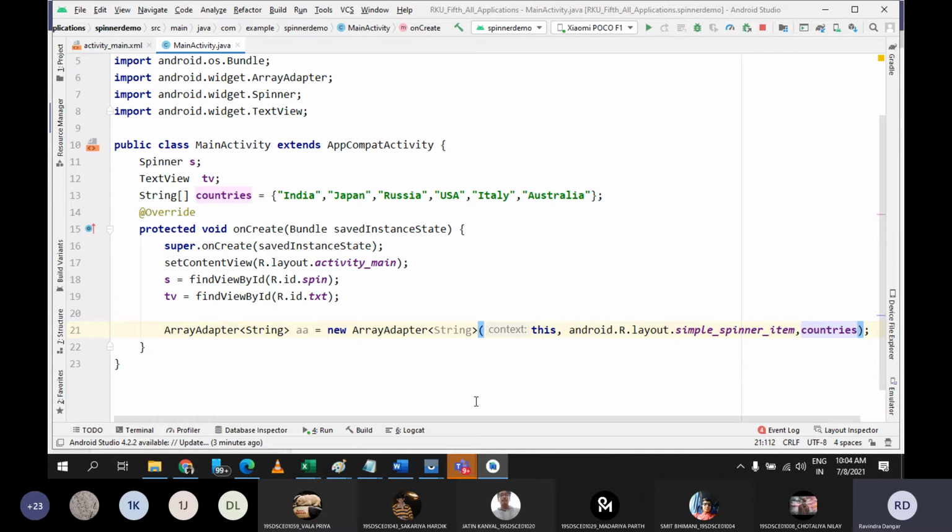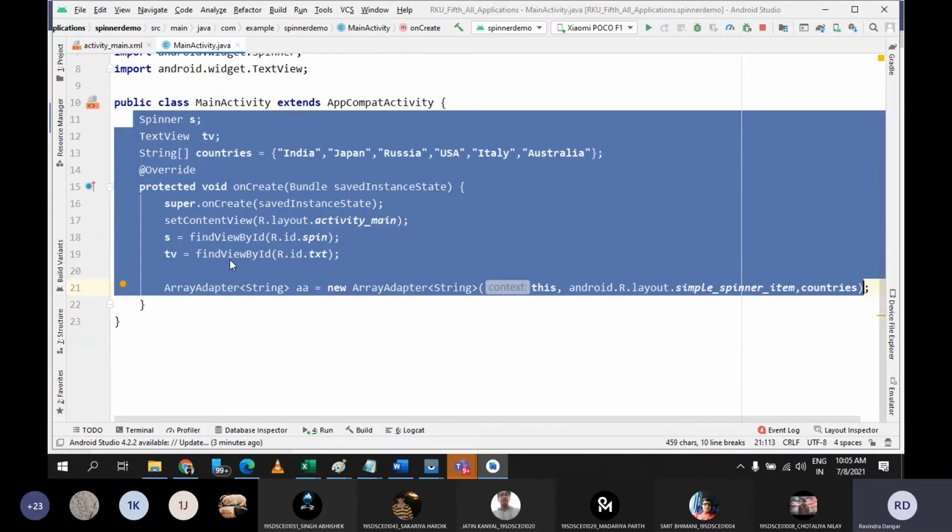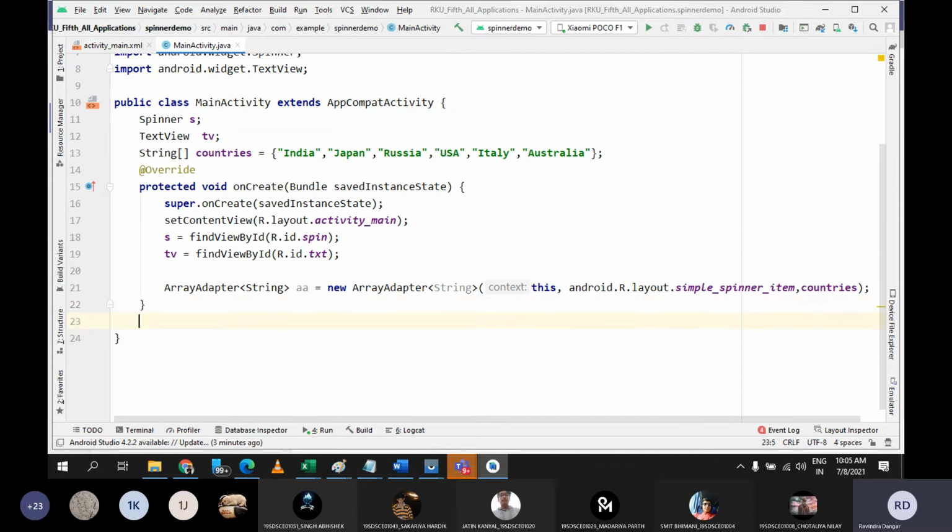Any doubt? Sir, instead of this, we used to use getApplicationContext. Yes, you can do that also. But you need to make sure that whenever you are in the current activity, the scope of this activity is this, and this is the ending bracket. So whenever you are working inside this scope, you can simply use this. You don't need to go with getApplicationContext. But if you go outside this activity, and want to refer the current object, then I cannot go with this. I can go with getApplicationContext.